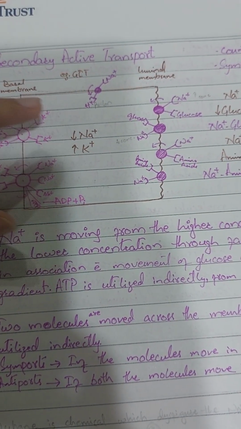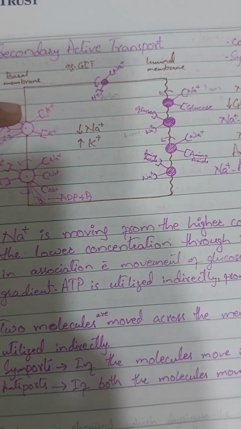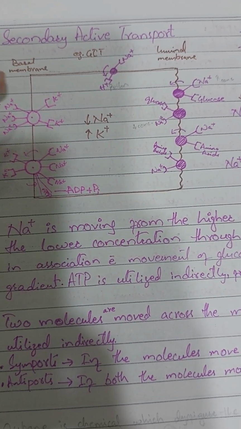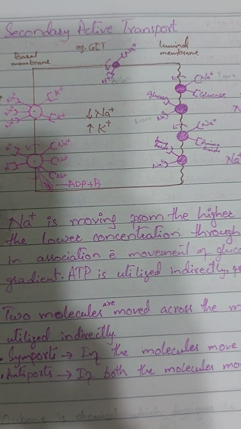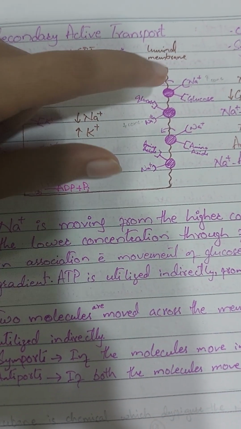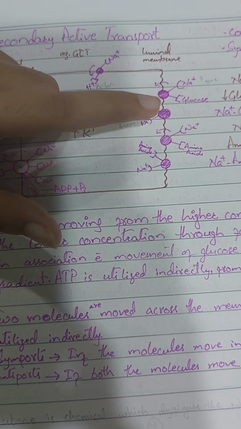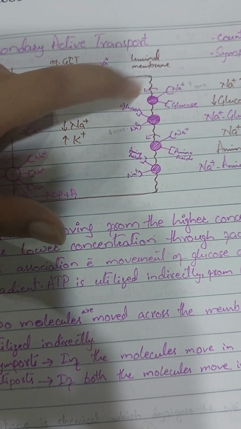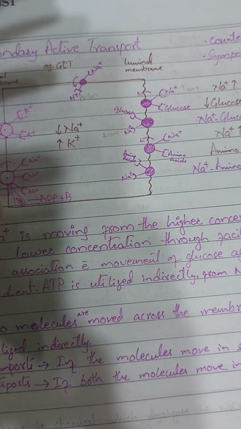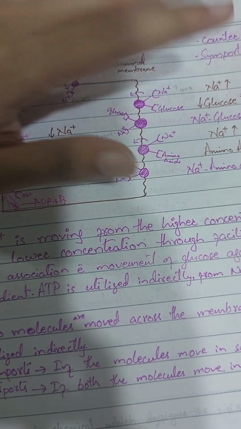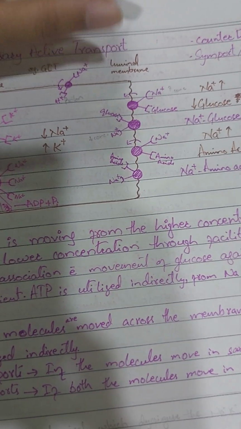It is an example of a gastrointestinal cell. This is the basal membrane, and sodium-potassium ATPase pumps are present there. It is the luminal membrane, and sodium-glucose co-transportation is there. After the intake of any food, glucose is